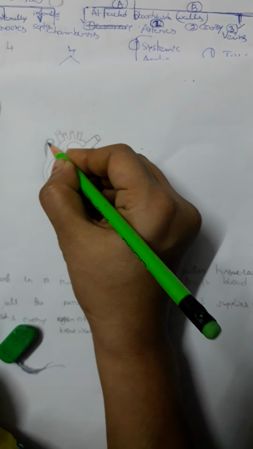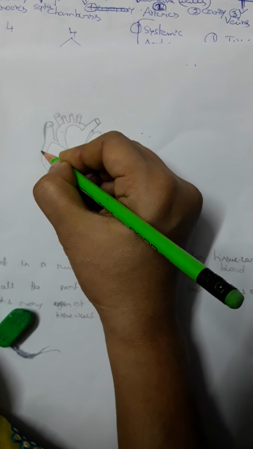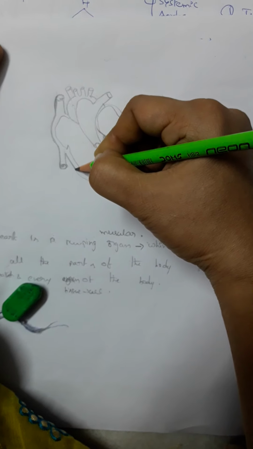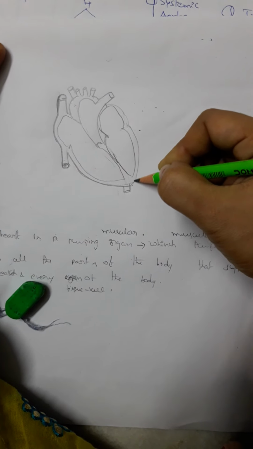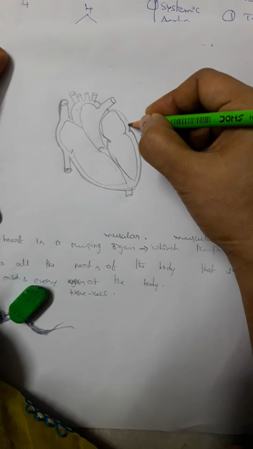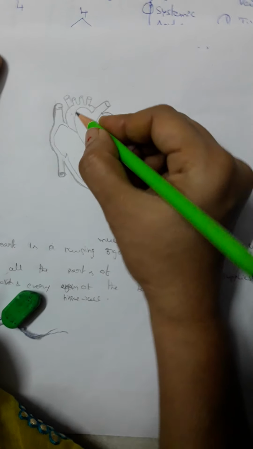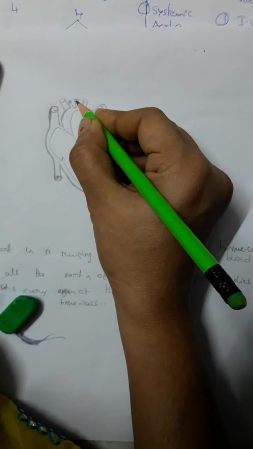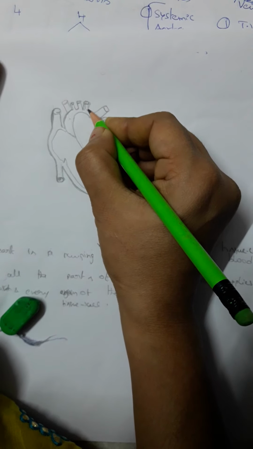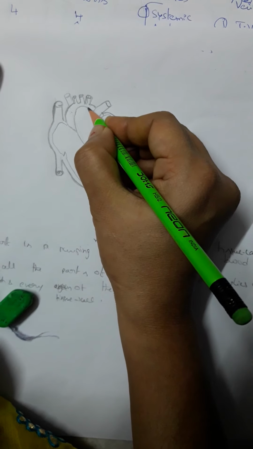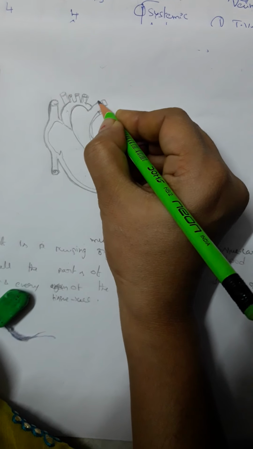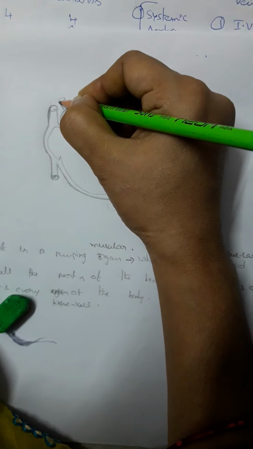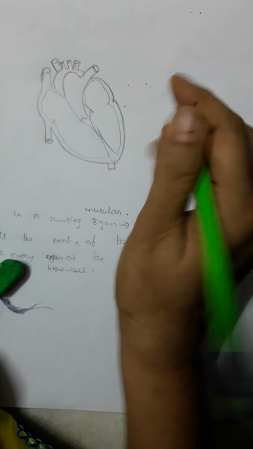So inferior vena cave, superior vena cave, inferior vena cave, then you draw this systemic aorta, and then this is pulmonary artery. This is the pulmonary artery and